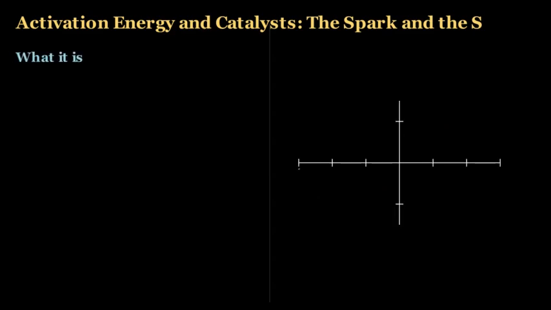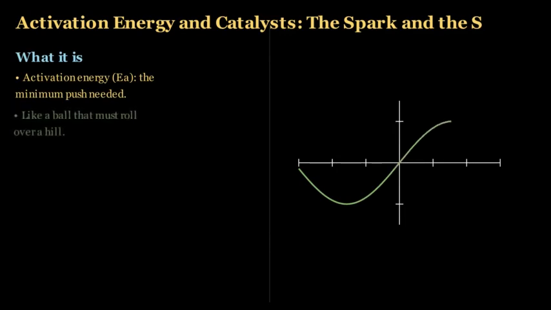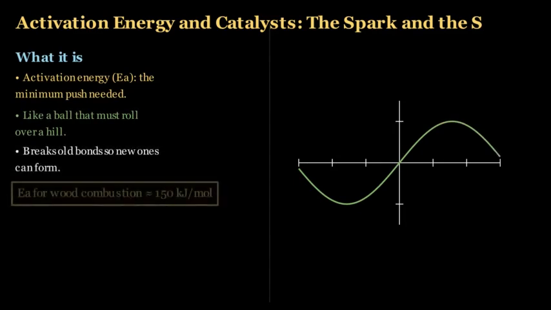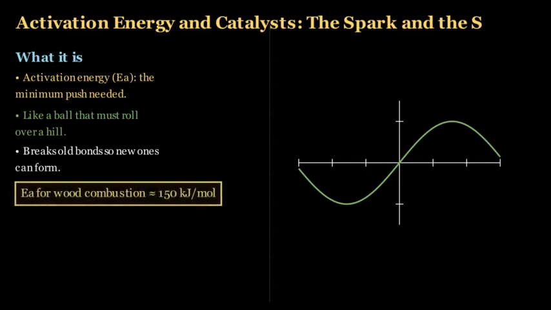Think of a ball sitting in a small dip at the top of a bigger hill. To get it rolling all the way down into the deep valley below, you first have to push it up and over that little bump. That bump is the activation energy. In a chemical reaction, molecules are like that ball. They're full of potential energy, but they're stuck in their current shape. To transform into products, they first have to smash together hard enough to break their existing bonds, and that takes a minimum amount of energy. We call that minimum the activation energy, or EA. It's the entry fee for the reaction.